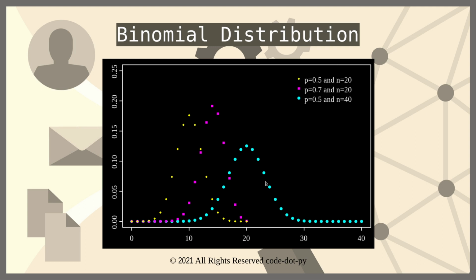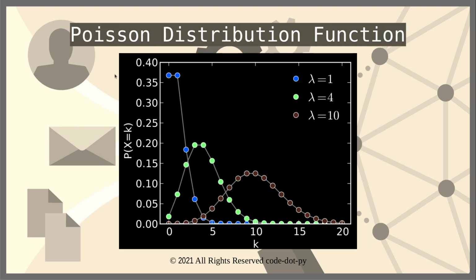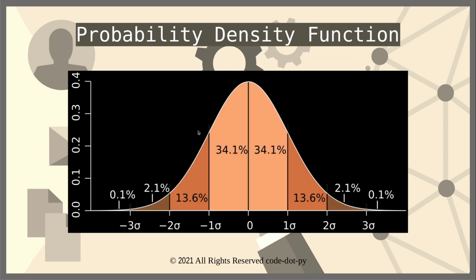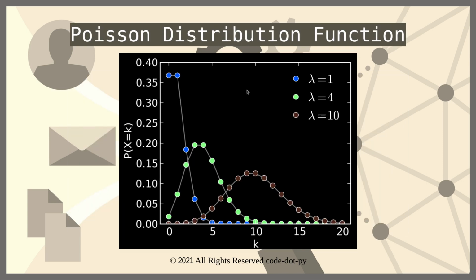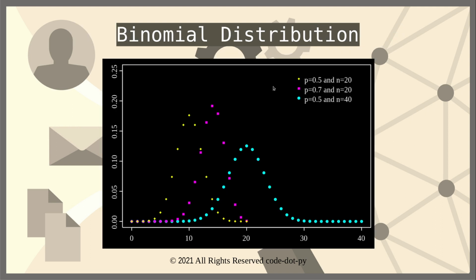So the key difference between the continuous distribution function and the rest of these is that these are discrete events, and the probability density function is basically for continuous distribution. Now a unique case of binomial distribution is Bernoulli distribution, where the number of events recorded, n, is equal to 1. So that's a special case of binomial distribution.